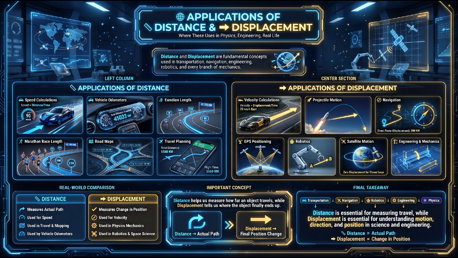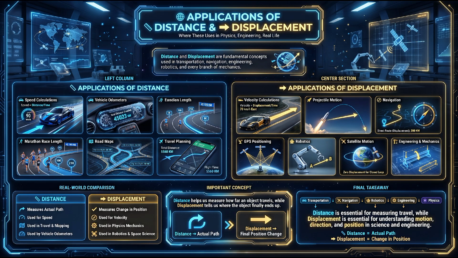A simple way to compare these two quantities is to remember that distance measures the actual path traveled, while displacement measures the overall change in position. Distance is mainly used whenever the total journey matters, such as calculating speed, measuring road lengths, recording vehicle mileage, planning travel,